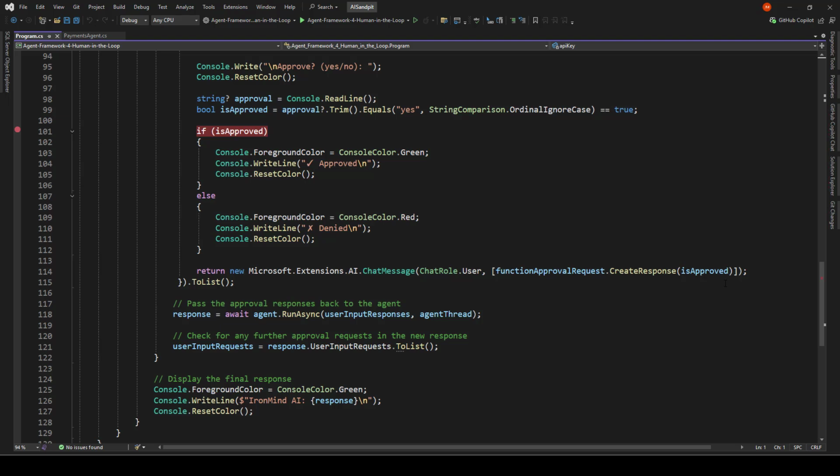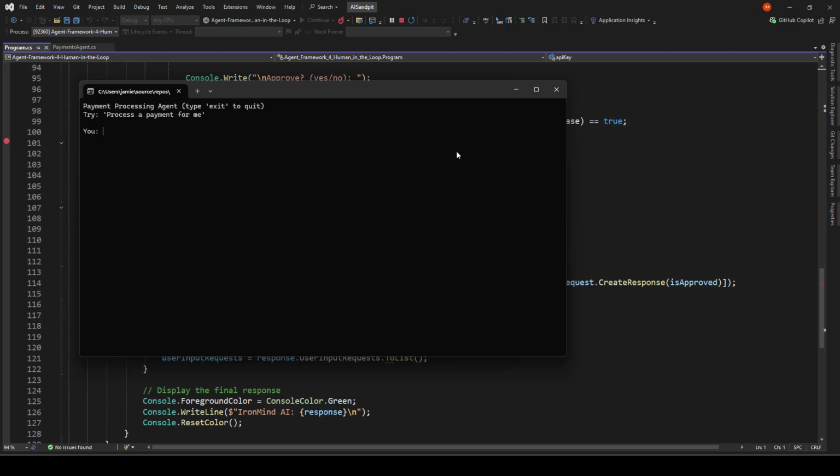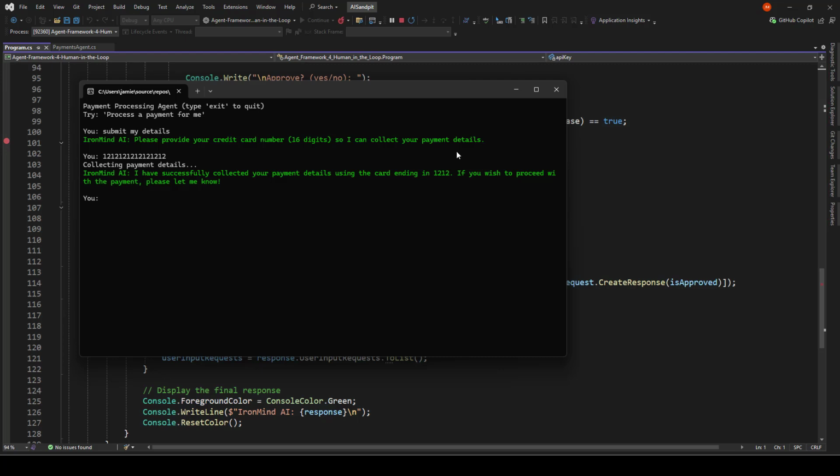So let's run this agent and it will ask us what we want to do. So under the hood, our agent is going to ask us for our credit card number. Our personal trainer agent advised it now has our payment details. We can say, and this is our human-in-the-loop pattern just being called here. So we can see here the function tool has been invoked to submit the payment, but our code has signaled that this particular function tool requires human-in-the-loop approval. So we can say yes,